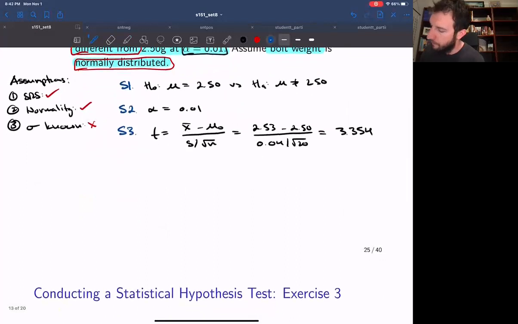All right, step 4. So we take either the critical value or the p-value. Don't have to do both. I'm going to show you both. So if we do the critical value,